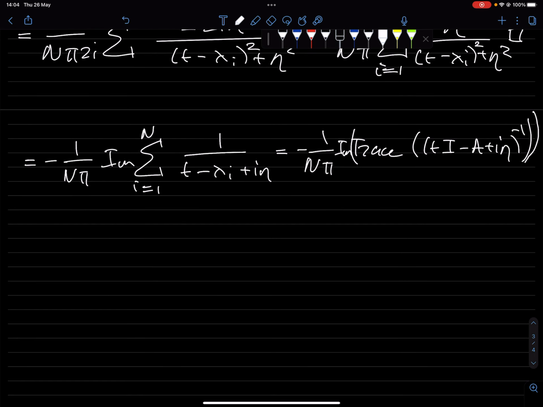And this is neat because this is, remember, the regularized density of states at t, so we can essentially express this as a single trace as opposed to the kernel polynomial method where we had to do many